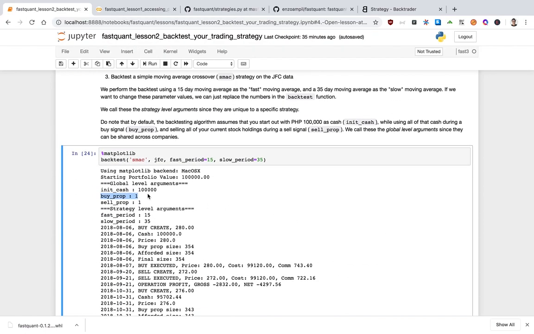And so the default is really 100%, just for simplicity. But you can set this later. We'll teach you how. Second is the sell prop. So sell prop is basically the same thing, but instead of buy proportion, it's the sell proportion. So in the case that, let's say you have 100,000 pesos worth of Jollibee stock,